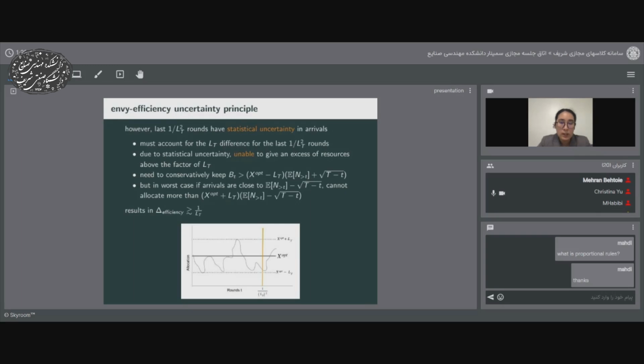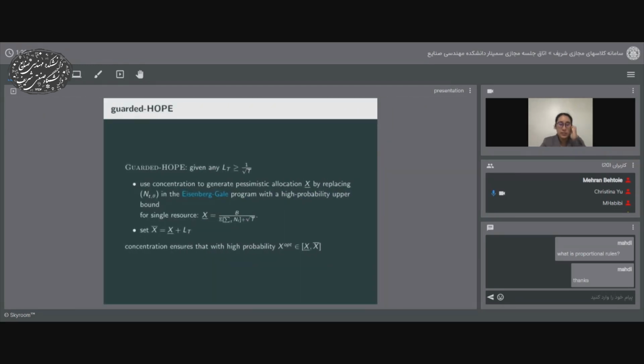All right. So finally, I will tell about the algorithm that actually achieves this optimal trade-off. This algorithm we call guarded hope, and given a parameter LT, think of it as your budget on delta NV. We'll first use concentration to generate a pessimistic allocation by replacing this demand in the Eisenberg-Gale program with a high probability upper bound. So let me actually unpack that again. Suppose we have,